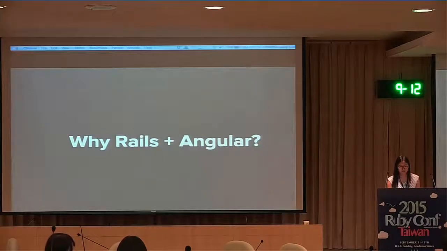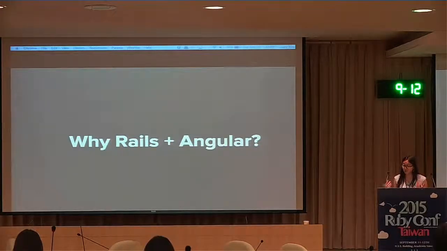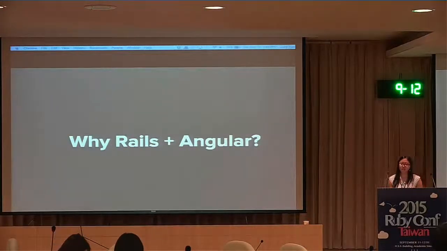So in Indiegogo's case, why Rails plus Angular? At Indiegogo, we're always thinking about the user. Let's say you've got a legacy Rails app. It's time to update to some new technologies. Our campaigners and contributors expect speed and interactivity now. So in our case, we wanted to make it as easy as possible to create new campaigns or to contribute to existing campaigns. So that's the user part of the story.